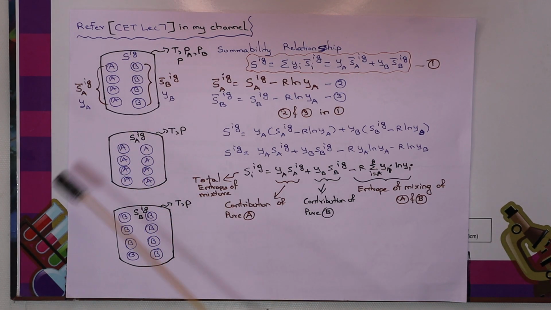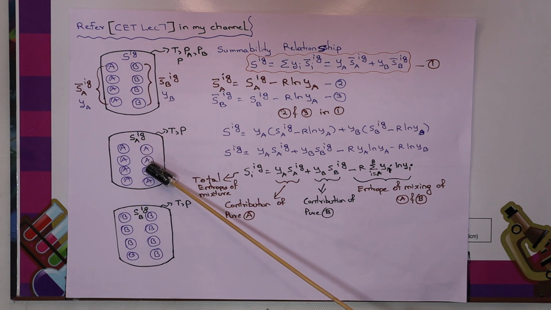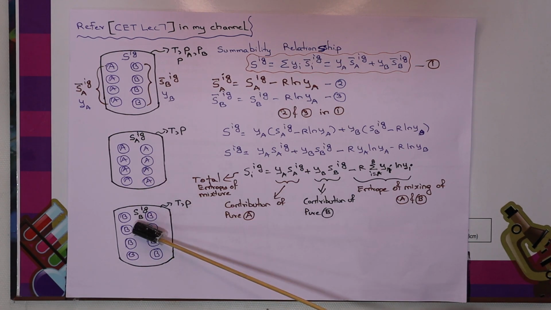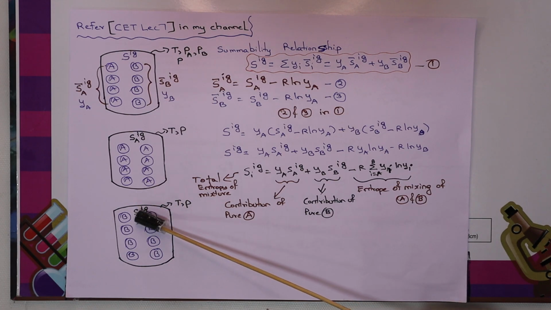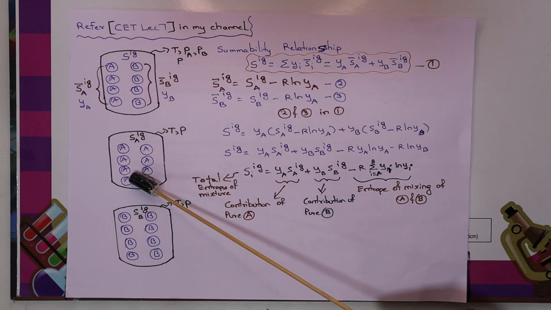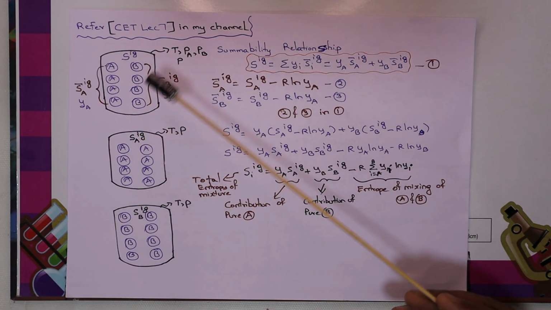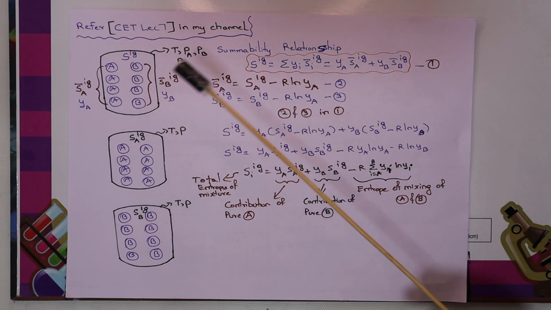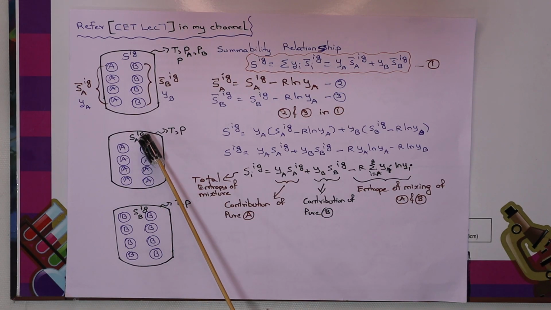So let us depict the things. You can imagine the first container consists of A and the second container consists of B. We are going to mix these two by putting a kind of pipe in between them. This is the same formula I am trying to explain. The state after mixing is this bigger container, with molecules of A and molecules of B in this mixture. Here what you have to observe is S bar A ig, that means pure entropy of A,